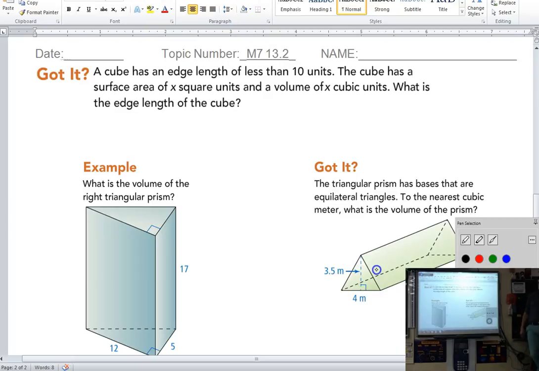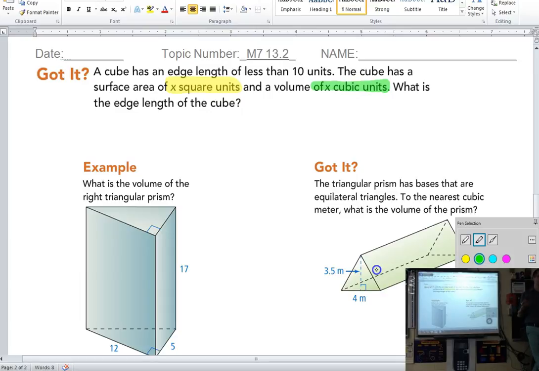So now we have a really interesting problem, and I like these sort of problems. There's a couple like this on your homework. The cube has a surface area of x square units and a volume of, sorry, x cubic units. These are not equal. This is x square units. This is x cubic units. They're using the same number. So say they're both 16 or 50 or 100, whatever, but they're not equal really because